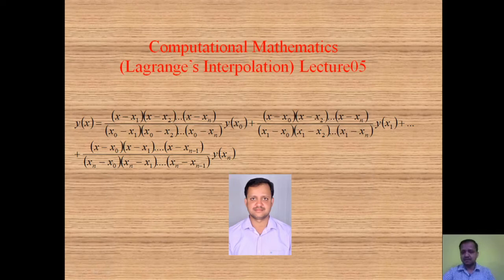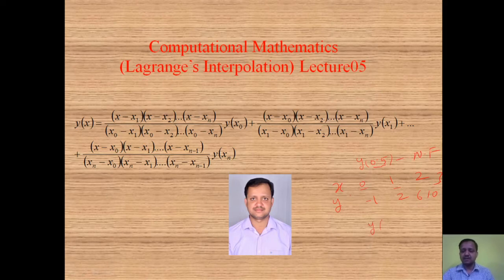Suppose your x data is equally spaced, means x is 0, 1, 2, 3. Their corresponding y data is -1, 2, 6, suppose 10. This is equally spaced data. Here the domain is x. Suppose you want to find y at 0.5. So we apply Newton's forward interpolation formula. Here it is equally spaced and the point 0.5 is nearer to the start of the tabular values, so we apply Newton forward.